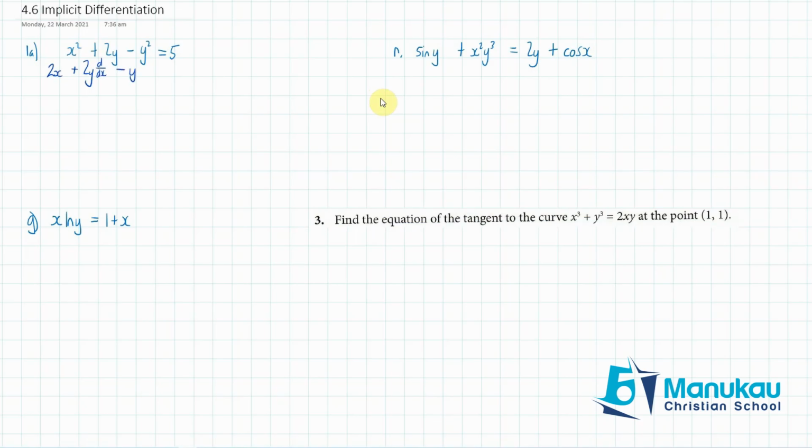I'll do the same with my y squared, and when I differentiate 5 with respect to x, that's going to drop out. Now, as you can see, it's a bit hard to differentiate these with respect to x when they don't have an x in them. So the way we get around this is we write 2x plus 2y